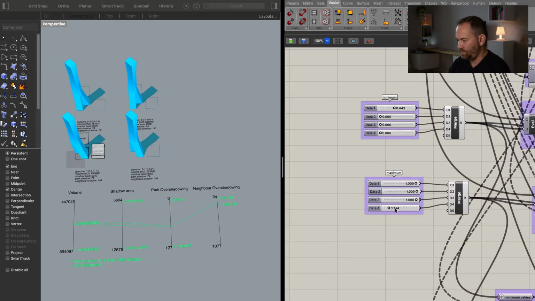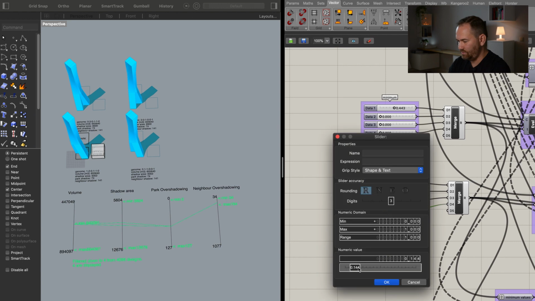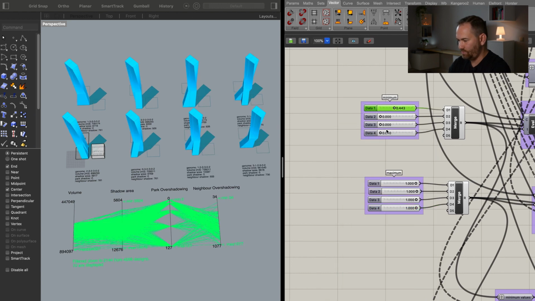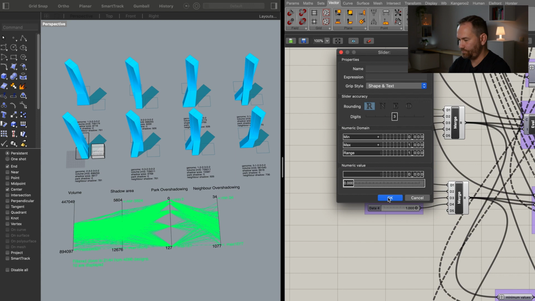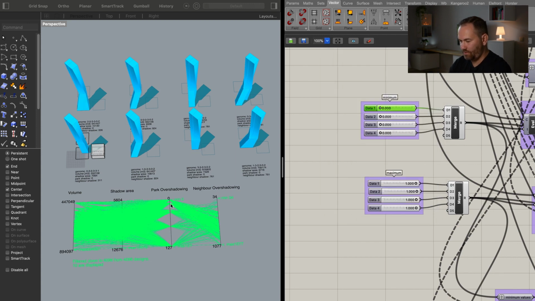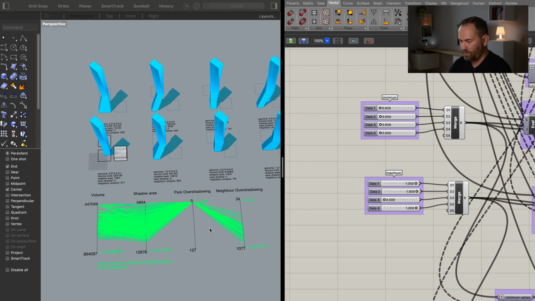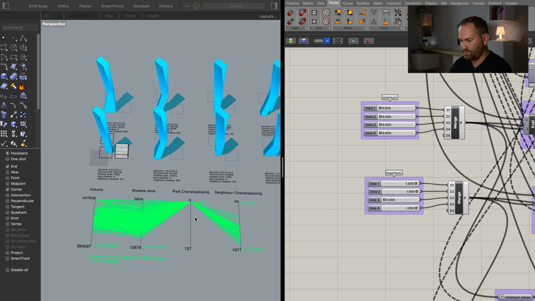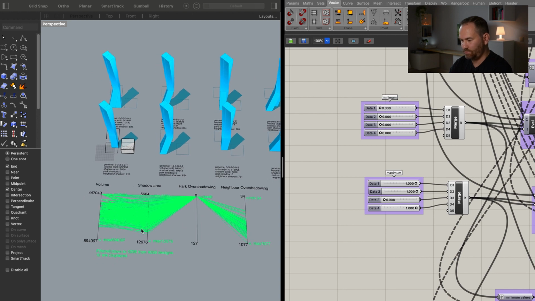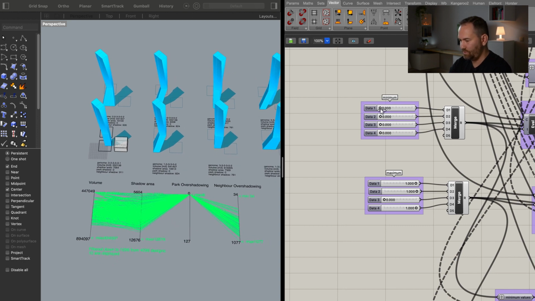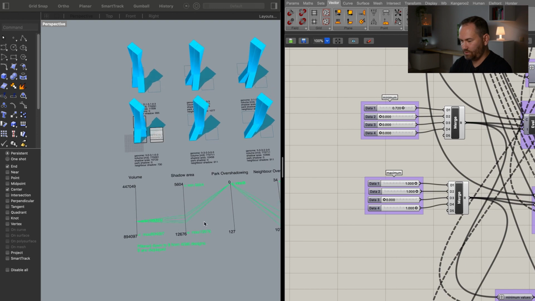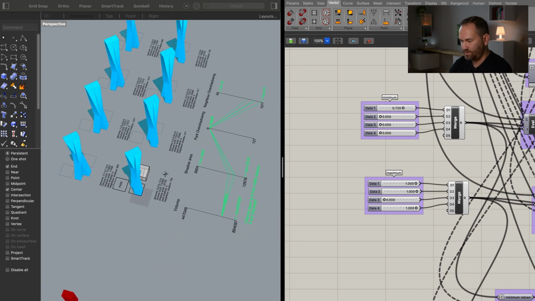So let's reset our sliders again. This goes to 1, this goes to 0, and let's start cutting off based on the overshadowing of the park. Okay, so now everything is 0, and let's just choose the biggest area from here. Let's see what we have. The biggest volume. I keep forgetting. Okay, so here we are at 8 designs, and